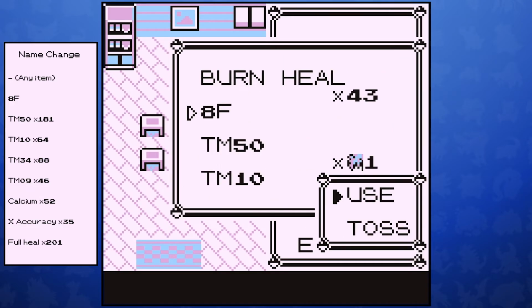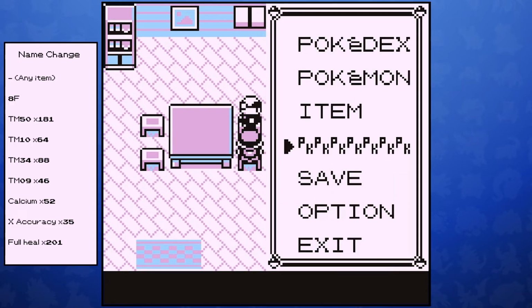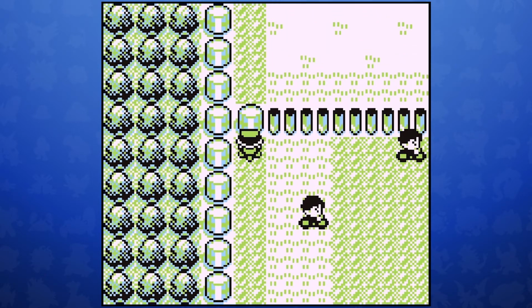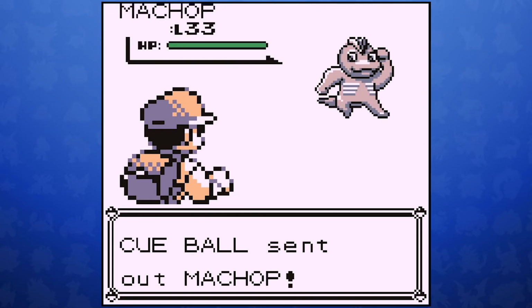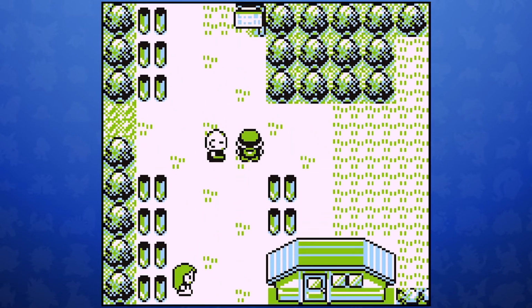After I name it that, I'll just have to use the code 7 times, each time for each letter replaced. So now that I have the name that I want, I'm going to withdraw my team and head straight to Cycling Road. Here, I need to beat a trainer. He should be the one with the level 33 Machop. After that, I just need to head to Viridian to perform one of the most well-known glitches of all time,